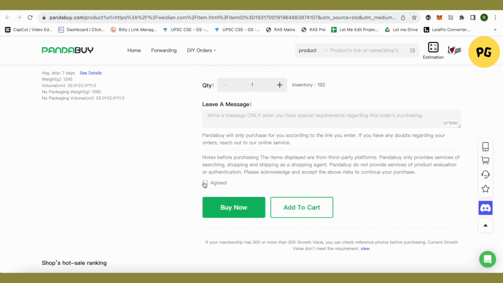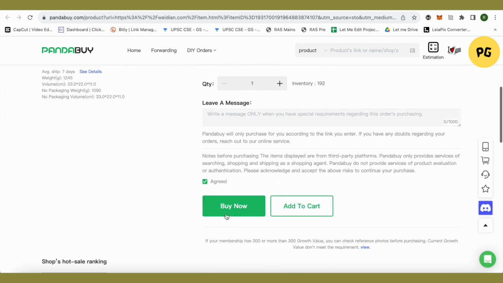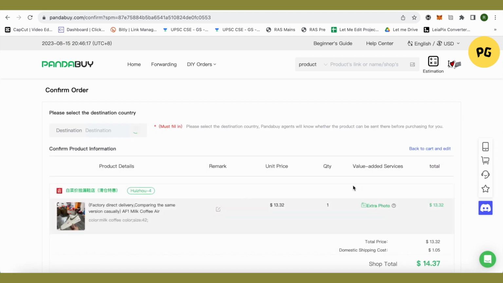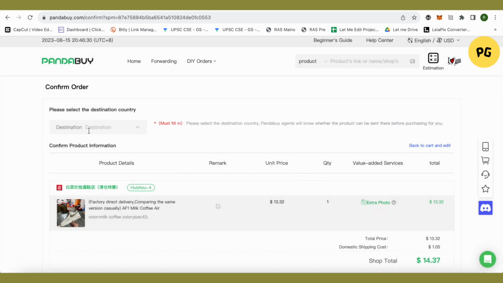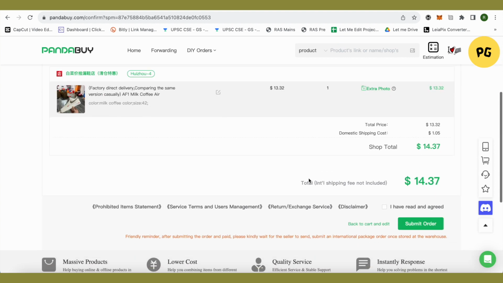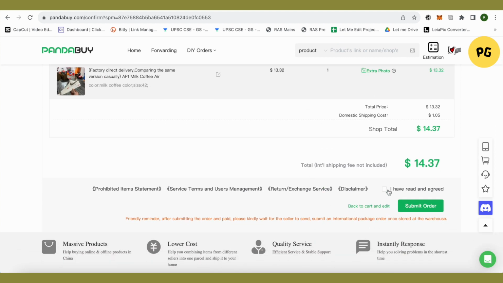And then I will just agree. After selecting the category, simply select buy now. And this is how it will appear. Then it will ask you to select your country where you want it to be shipped. Then click on confirm and provide the destination over here. Select your country and after that scroll down. Then you need to click on this option of I have read and agreed, and then you need to submit